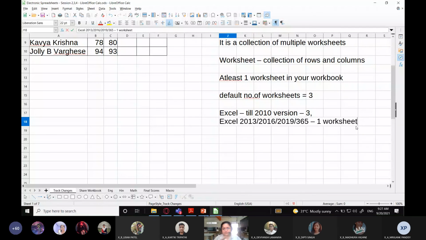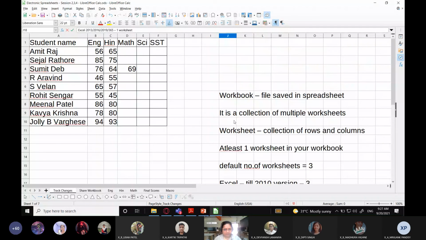So in all the latest versions, you will find only one worksheet when you insert a new workbook.